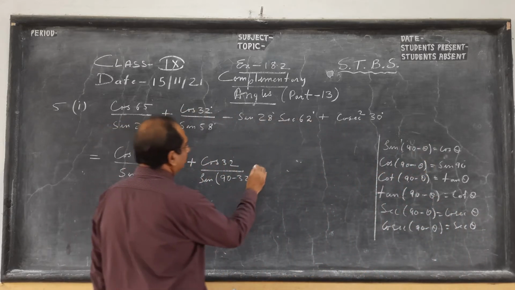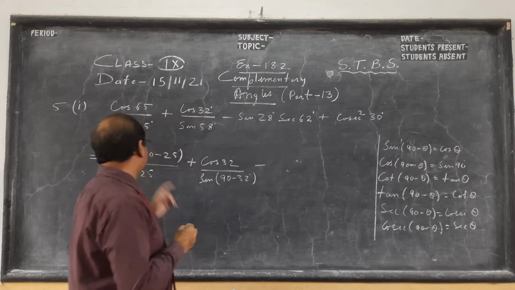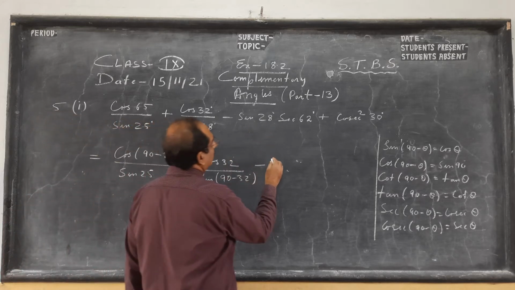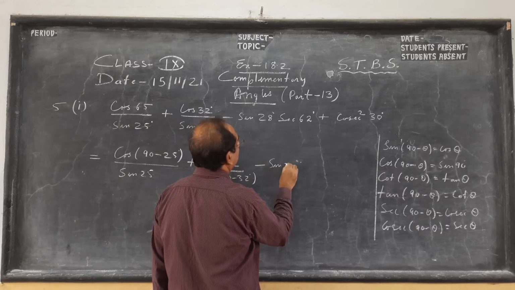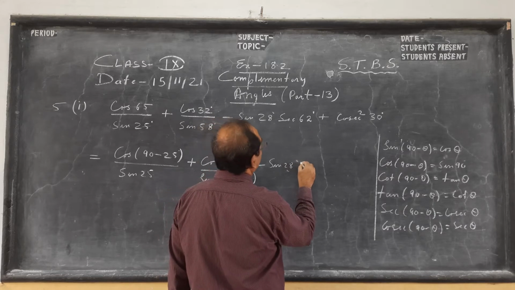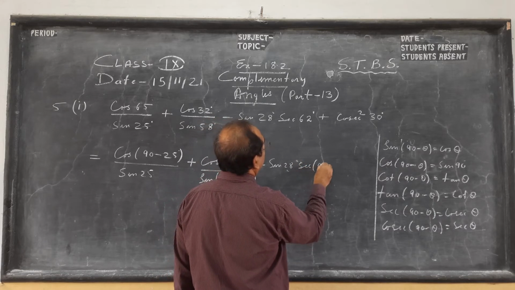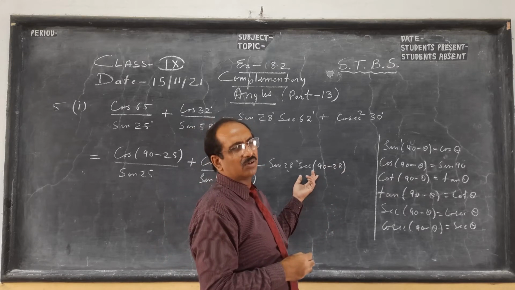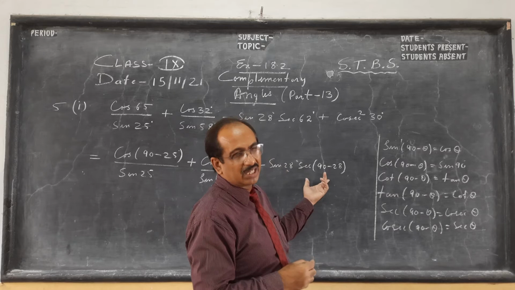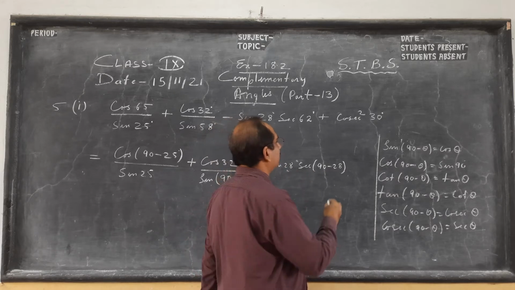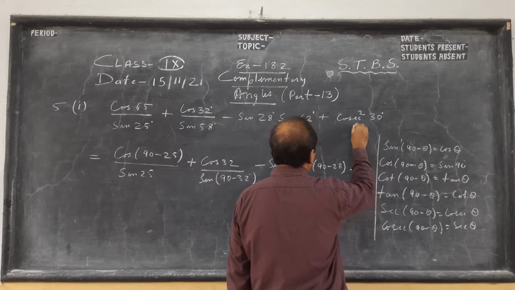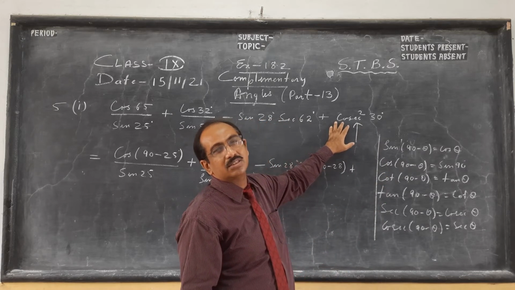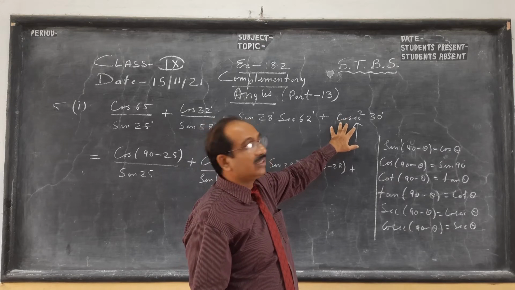Now here I am trying to convert cos to sine, and here I am trying to convert sine to cos. Sine 28, let it be sine 28. Sec 62, I can write as sec (90 minus 28). Generally the harder ones we convert: sec, cosec, cot. Don't convert sine to sec; convert sec to sine or cos, as we will see. And here something very important, children. That's why I have done standard angles. This is coming from standard angles.